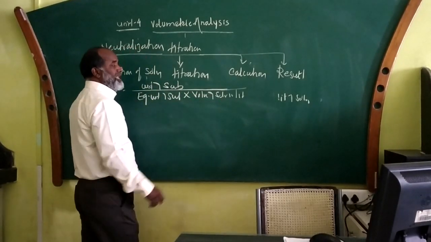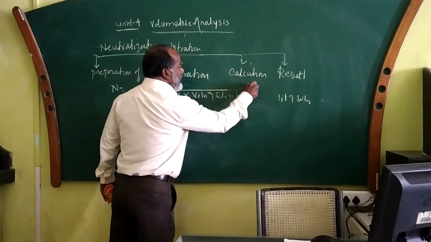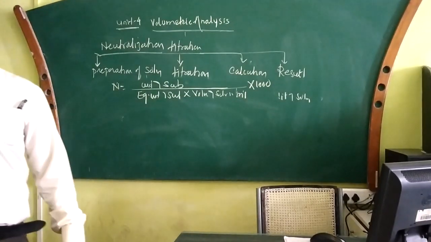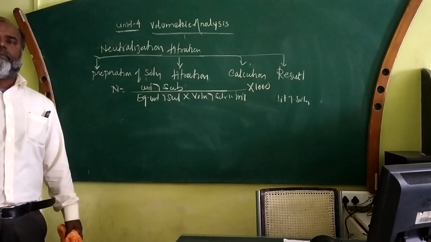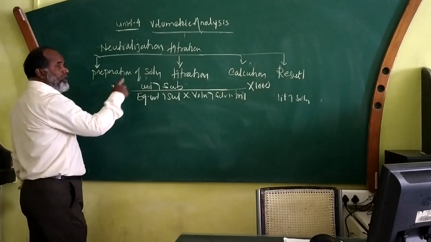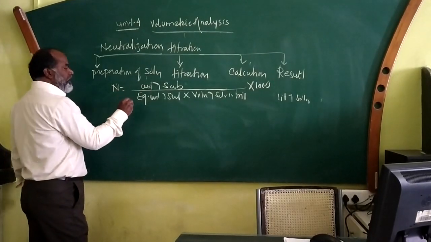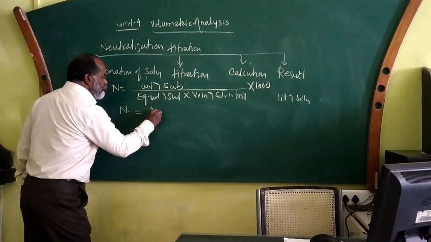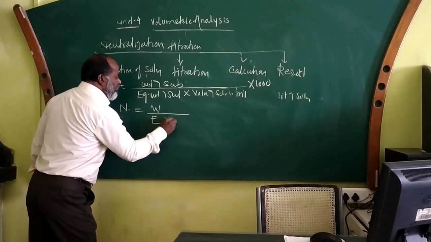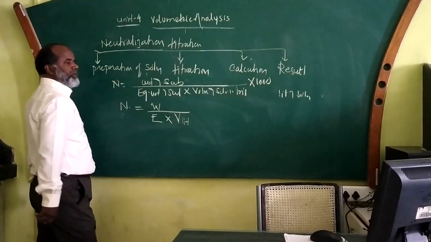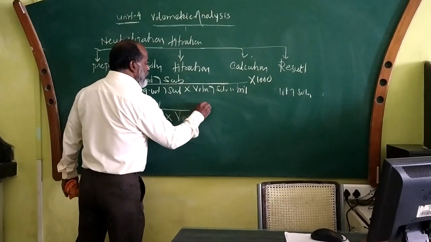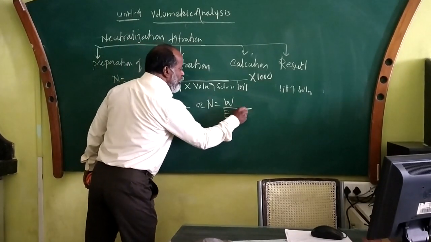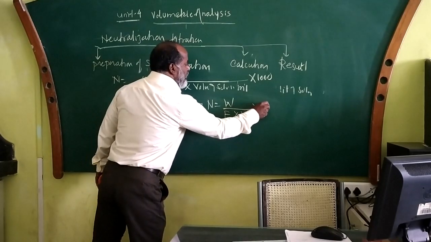अगर volume of solution ml में होता है, यहाँ पे multiply by 1000. If the volume of solution is taken in ml, then the equation will be multiplied by 1000. So like this way you can find out. Now I will just put some terms to simplify again. Weight of the substance means W, equivalent मतलब E, volume मतलब V, and this volume in liter. This is normality. Or you can also write normality equals W, weight of the substance, upon equivalent weight into volume in ml, multiplied by 1000.